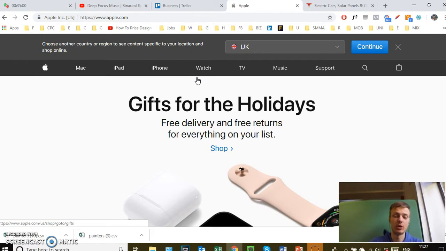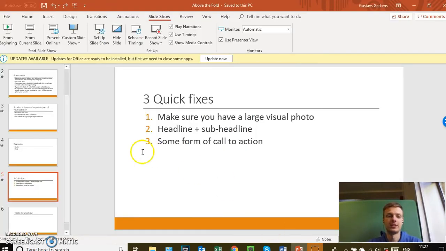Do you want them to contact you? Then have a button, contact us. Do you want them to find out more about your services? Have a button that says find out more. You need to have those call to action buttons. So those are the 3 main fixes, and really those are super important, because as I said, if you fix these things, which are pretty easy to fix, then you will gain more potential customers from every person that's visiting your site. So pay attention to this.